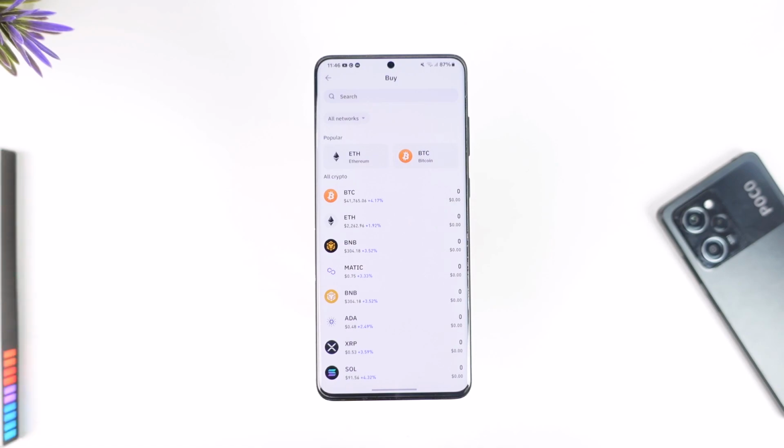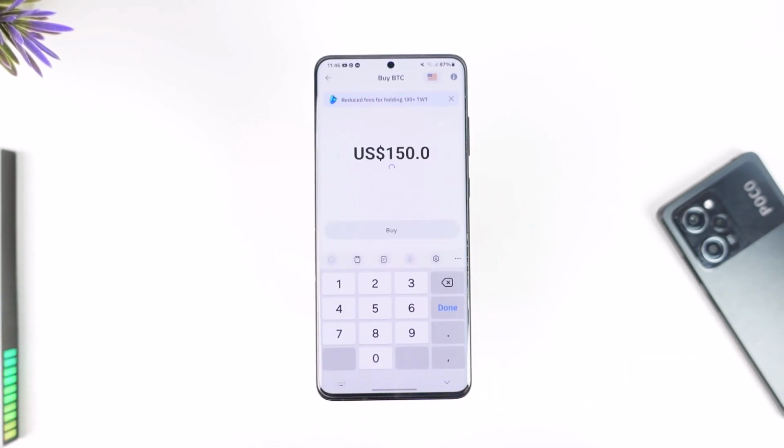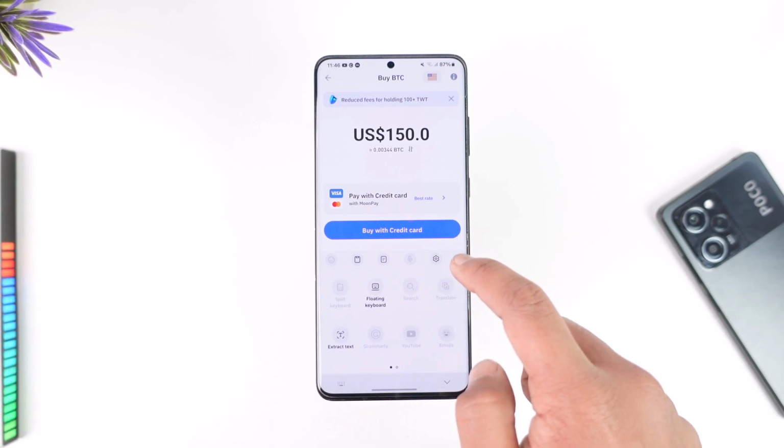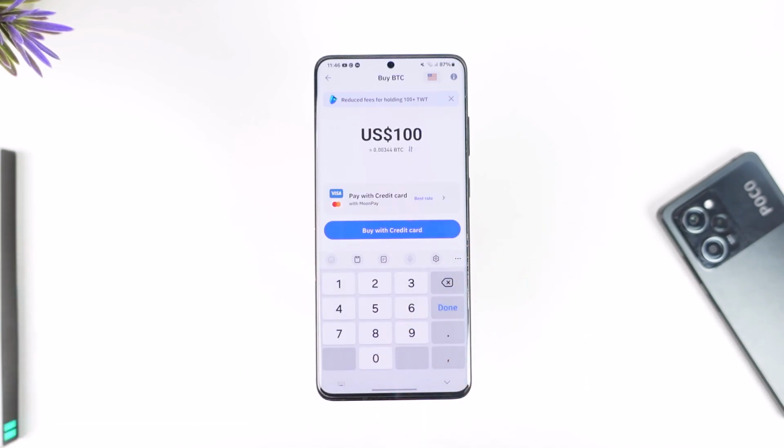Now over here you can see cryptocurrencies that could be available, such as Bitcoin, Ethereum, BNB, and so on. Depending upon whichever one you want, make sure to tap the BTC option that you will be able to find here. Just make sure to enter the dollars worth of Bitcoin that you want to buy, and once you enter the dollars worth of Bitcoin or any of the cryptocurrencies that you want to buy,